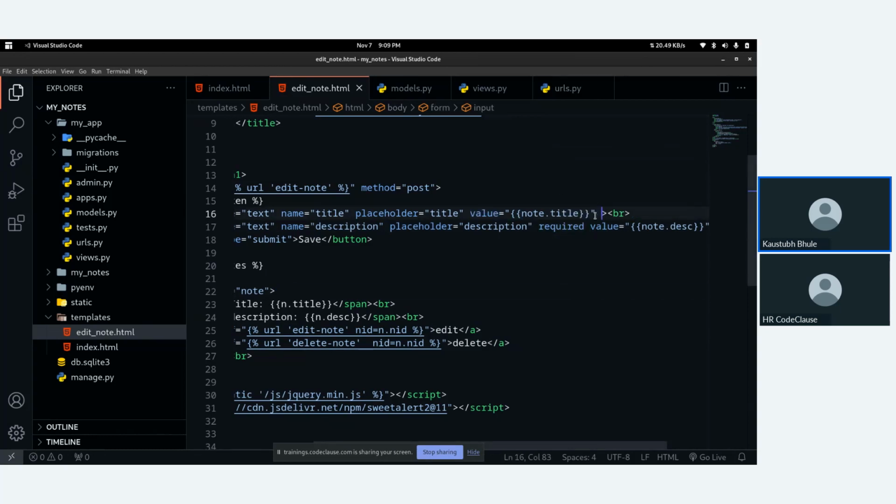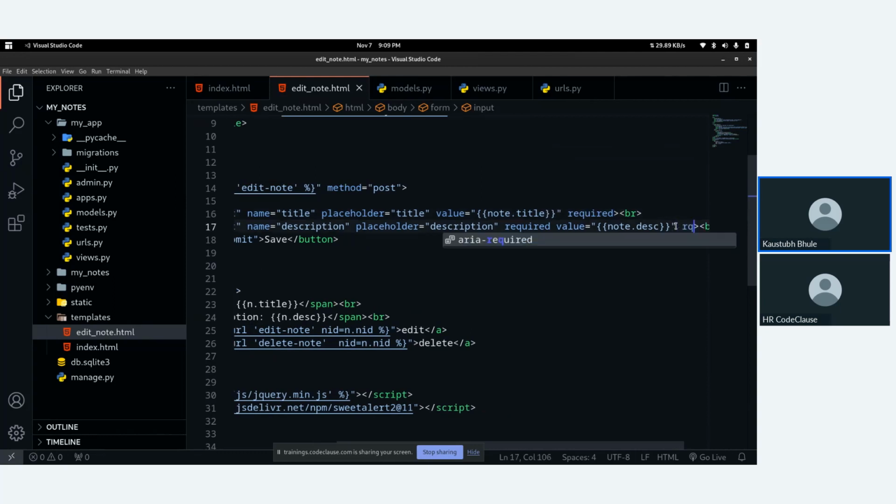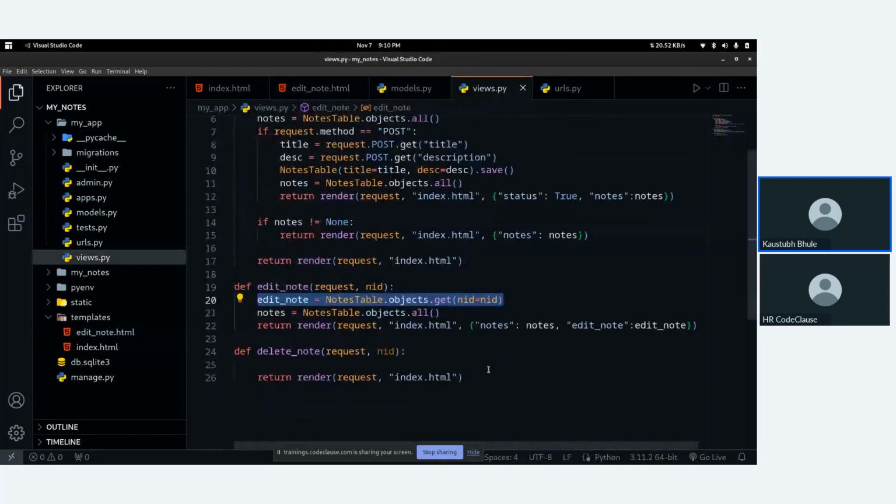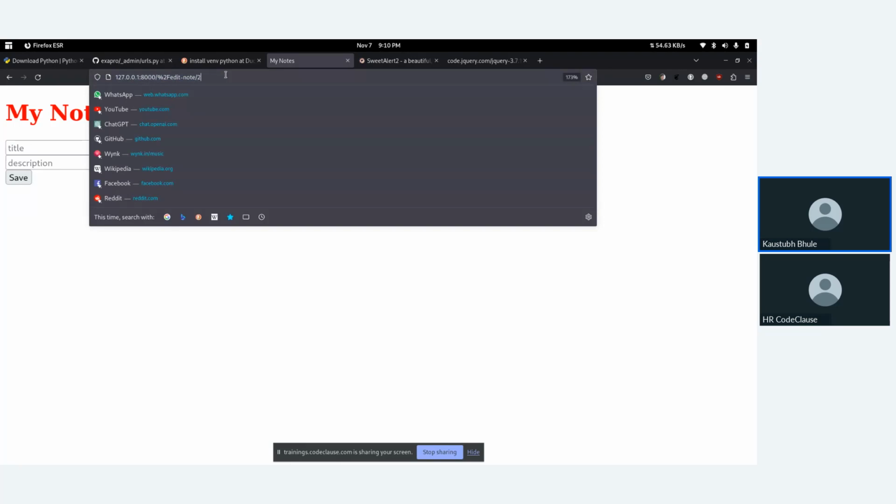Just change the position of this required to the end of this tag. So required. Okay. Now on the view section, we will use edit underscore note.html. Now let's try if it really works.